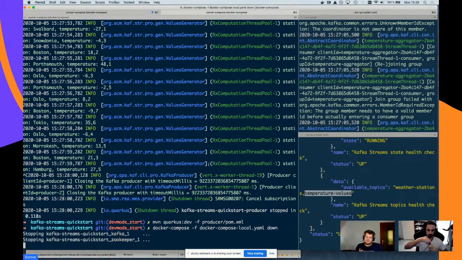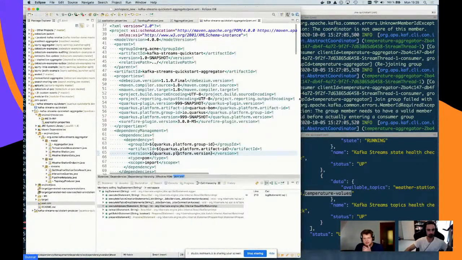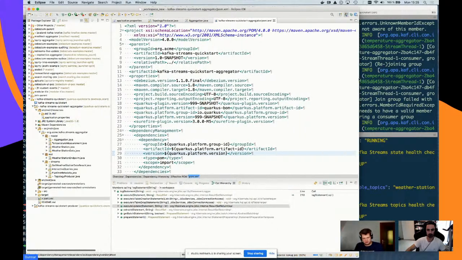Yeah, maybe I'm just going to show one thing in code because if it takes so long to start up, I will probably run a bit out of time. What I want to show is that I can also quite easily do what's called interactive queries. As I mentioned, the nice advantage of this is it pushes the data to me. So I can subscribe to this topic and I will be notified whenever there's a change in the data. But maybe sometimes I'm actually interested in going in and getting the current state.